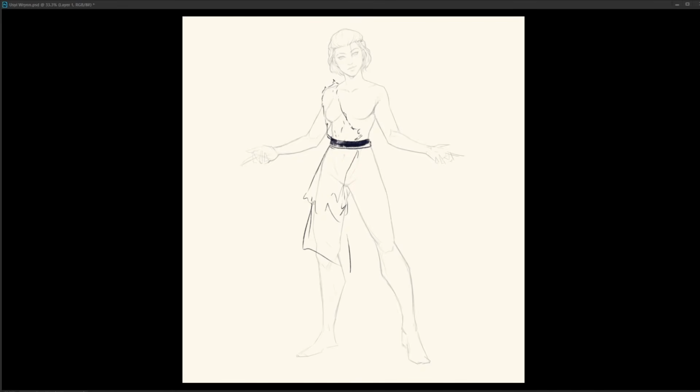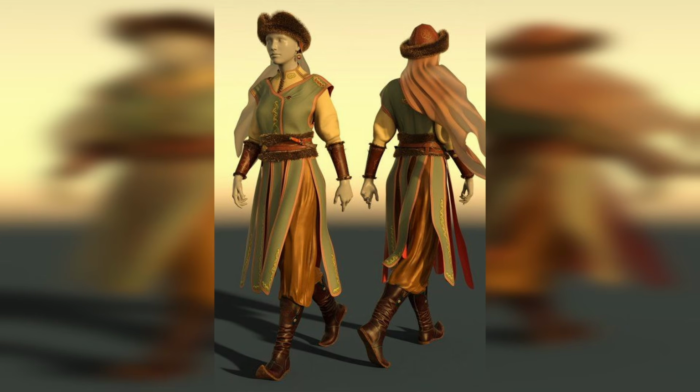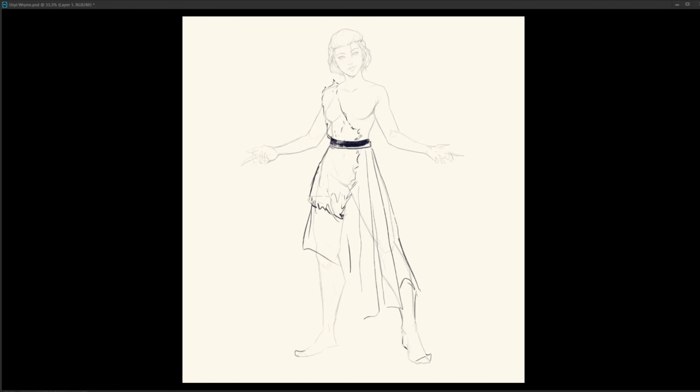Just getting my brain thinking about shape design, the visual aesthetic language that I'm going for with the character goes a long way. Even if I don't think it's going to be a good design, or I think it's generic or whatever else, if I have something that's very clear in my mind, that's the first one I do. Just get the ideas on the page. So I meshed this Mongolian fur silk kind of idea with some of the Turkish princess uniform ideas that I have in my reference sheet.